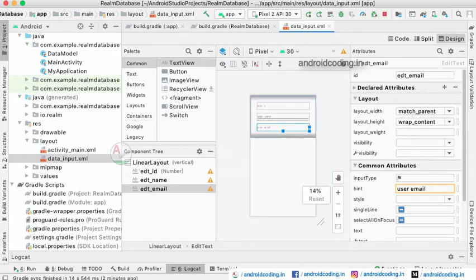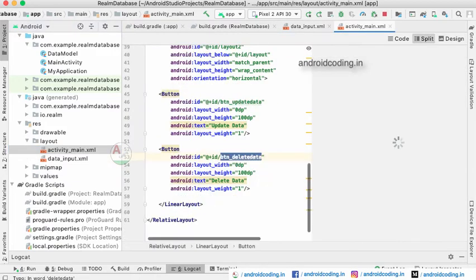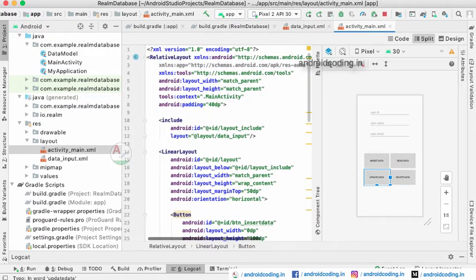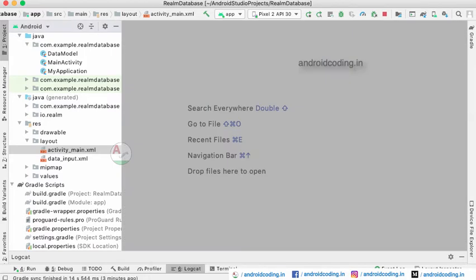It's a simple form, and in activity main we have considered four buttons for insert, read, update and delete. I want to make this a simple example, and depending upon your requirement you can make customizations. So let us get into the project.